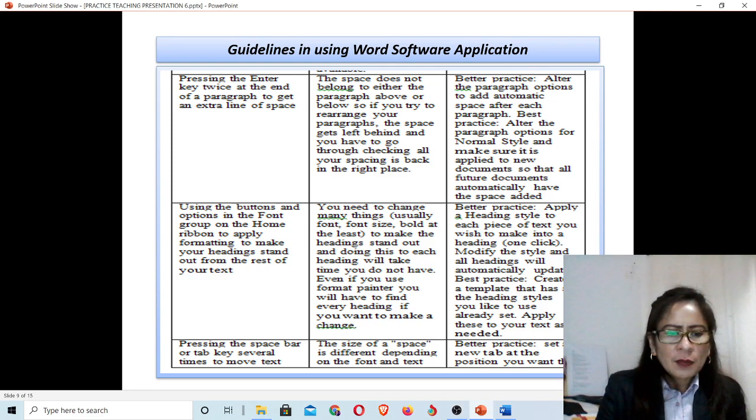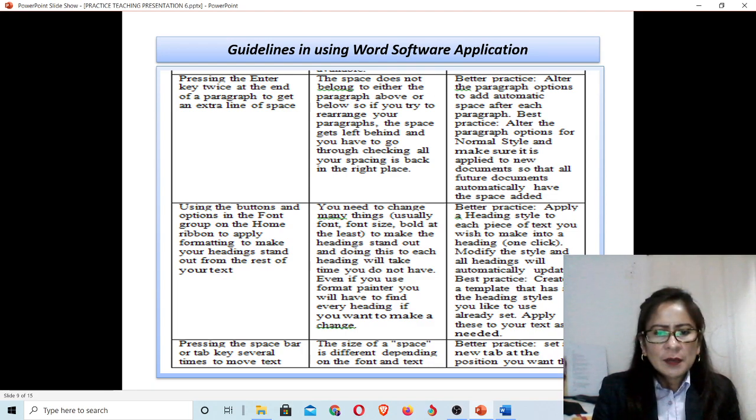Pressing the space bar or tab key several times to move text. The size of a space is different depending on the font and text. Better: